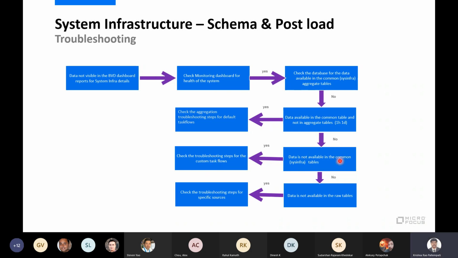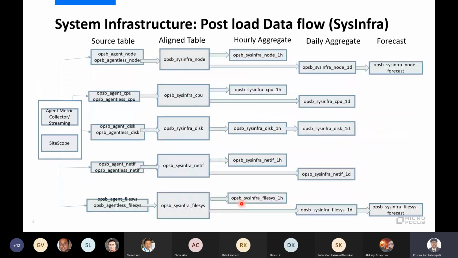The data is there in the common tables, but not in the source raw tables itself. So if data itself is not there in my raw tables, then we will look into the source specific issues. I'm just explaining this part. I'm coming from here.